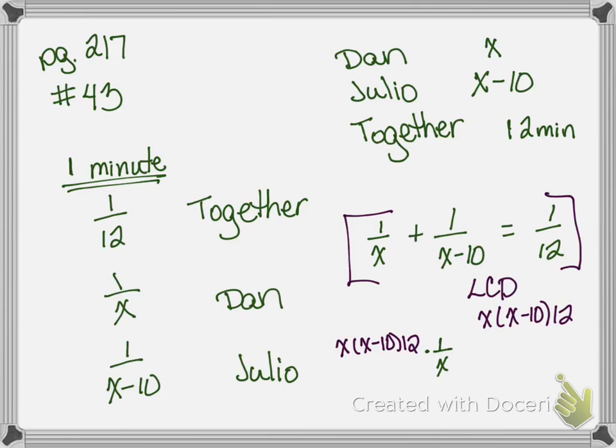I have x times x minus 10 times 12, and that is times plus 1 over x minus 10, and that equals, and I'm running out of room,